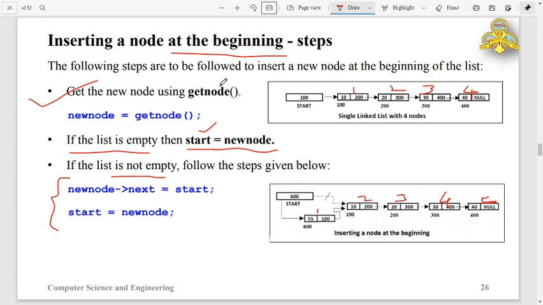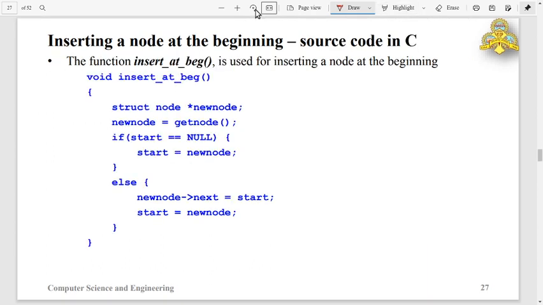So the inserting logic here is, I'll go to the source code now. I will just call the function insert at the beginning. I will declare a pointer new node. Using the getNode function, I will create a new node and its address is returned and assigned to the new node pointer.